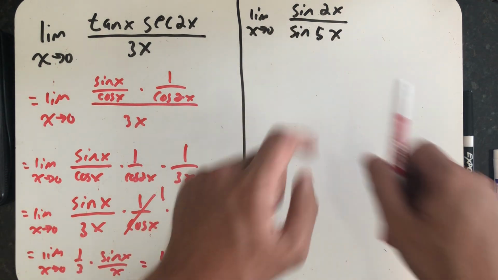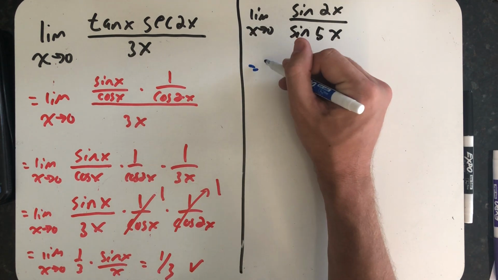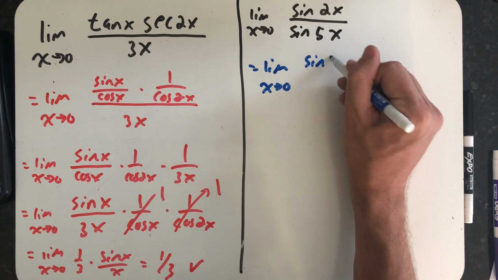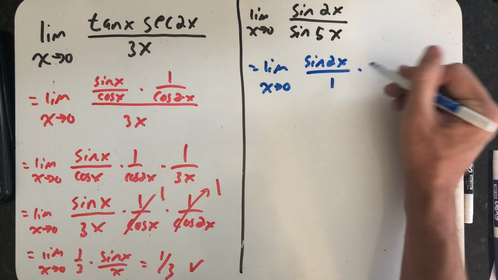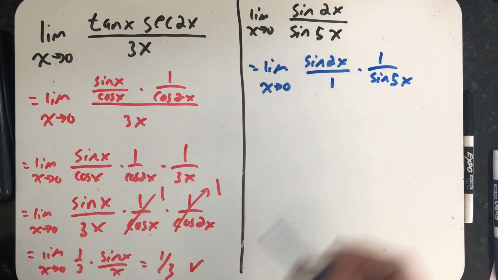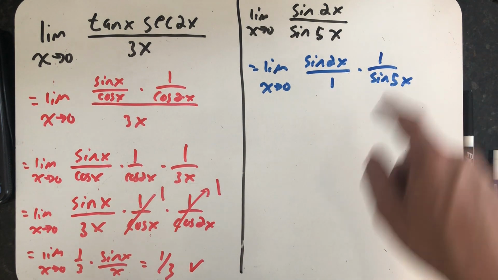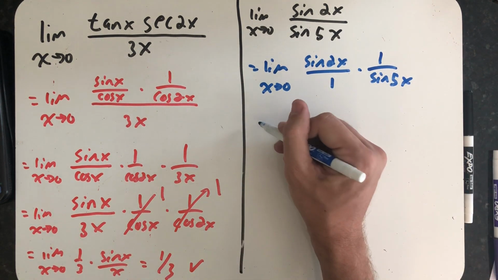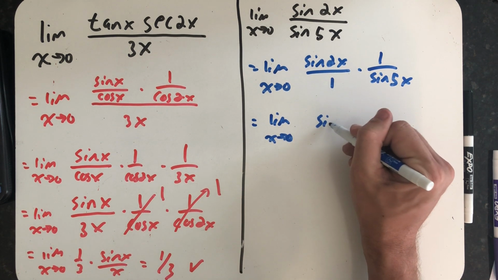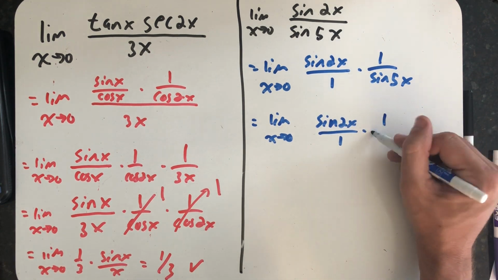All right, so now I have to work on this one, and this is the one where I have to be very creative. The first thing I'm going to do is imagine this as 2 fractions being multiplied together. To be able to use the limit I want, I would need this to say 2x on the bottom and this one to say 5x on the top. And that seems very problematic at first, but one nice thing that happens